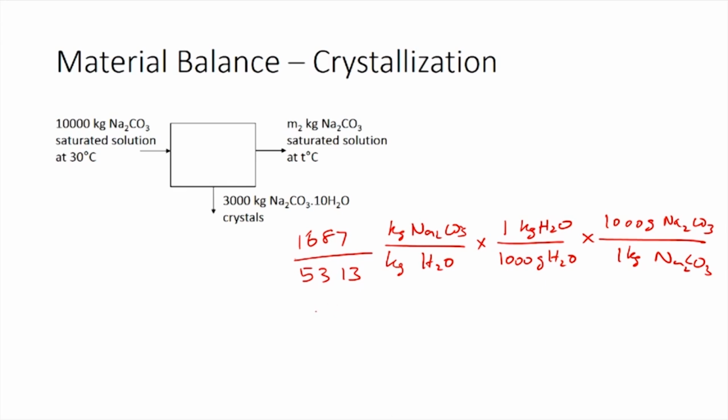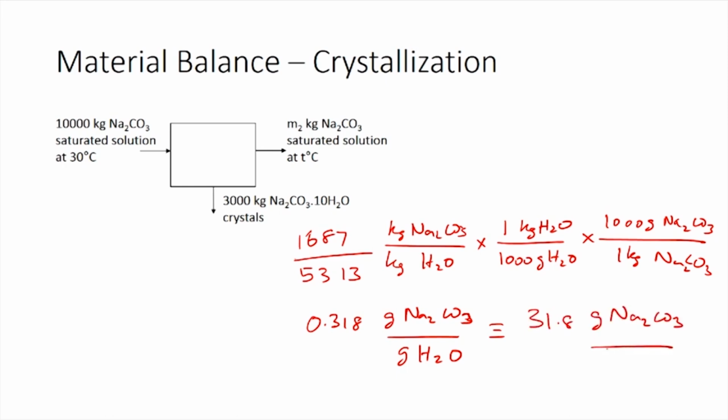So, that value would be 0.318 grams of Na2CO3 per gram of water. As we needed to calculate the amount of Na2CO3 dissolved in 100 grams of water, multiplying this with 100 would give you 31.8 grams of Na2CO3 dissolved in 100 grams of water. So, this would be the solubility data which we will use to fit in the curve we can generate through